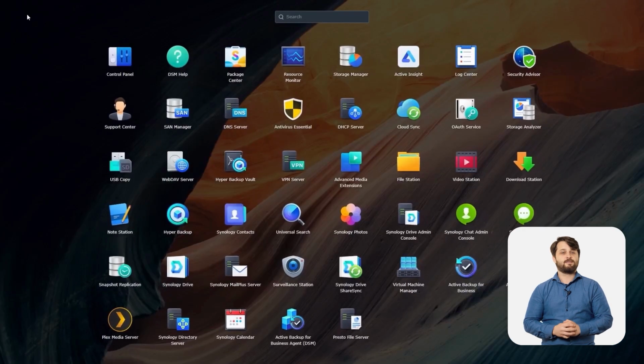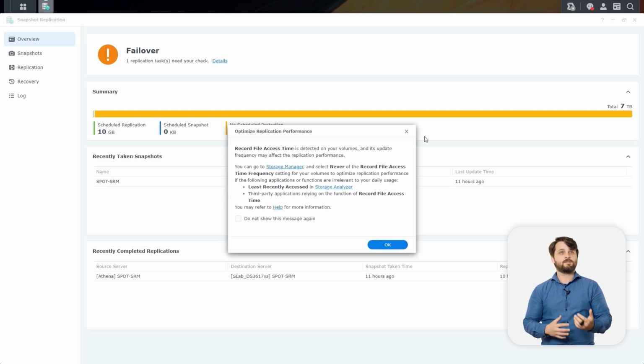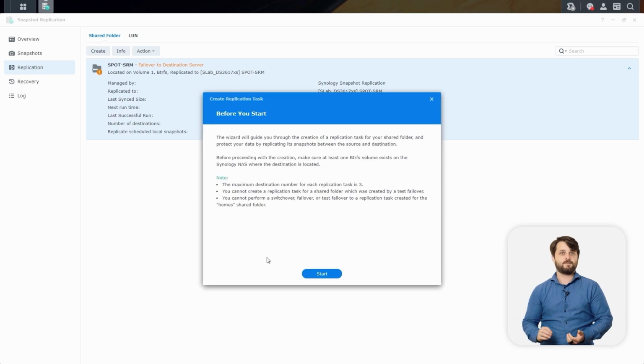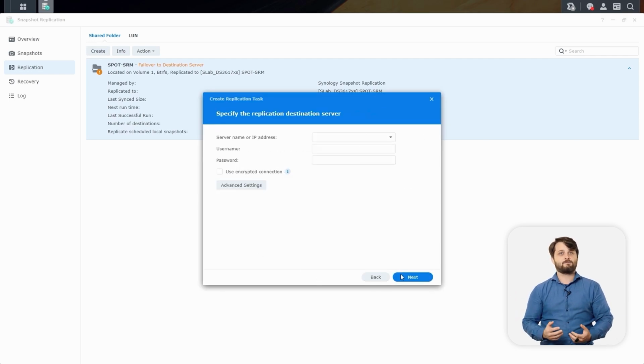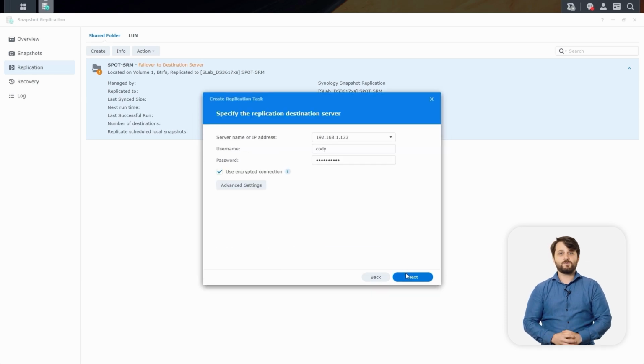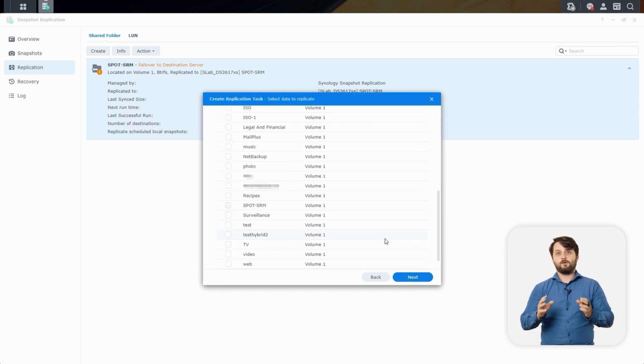Likewise, you can do a lot of other great things utilizing this site-to-site VPN tunnel. Even if you weren't utilizing it for a disaster recovery scenario, we can even set up a replication task to go only through that specific site-to-site VPN tunnel. So as we work through this snapshot replication wizard right here, we're going to type in the local IP address of the secondary site's NAS, and we're still going to be able to access it. So we're going to continue to use our encrypted connection, make sure our ports are good, and once we hit next here, we're going to be all authenticated and now able to utilize this NAS at the secondary location through the VPN tunnel. And that's really how powerful the whole VPN Plus server is.